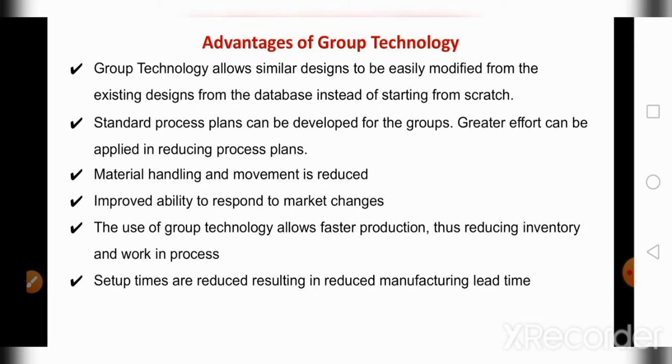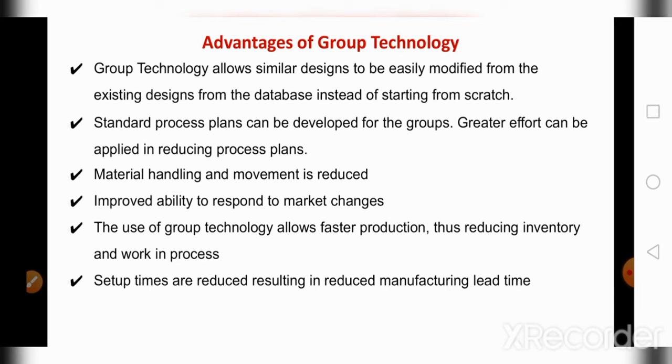Then standard process plans can be developed for the groups. A greater effort can be applied in reducing process plans. So when we have similar products and we have standardized them as a group and kept it, we can plan a standard process plan for that one and keep it like that. Whenever it is required, we just implement that process plan and we can have a faster production